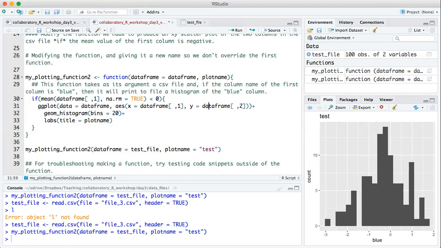So now it doesn't matter if the column names change from file to file. I'm always accessing the first and second column using indexing. Okay. We're not making a histogram, we're making a scatter plot, so I use the geom_point function instead of geom_histogram, and bins is not a parameter for scatter plots, so I'm getting rid of the bins altogether. And then finally, we'll keep this call for making a plot name,